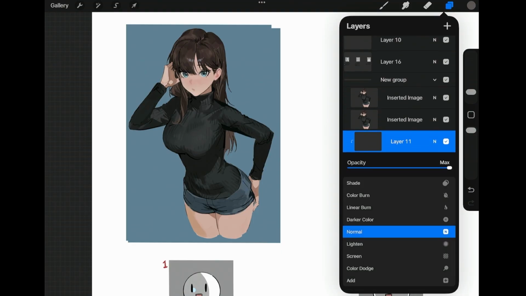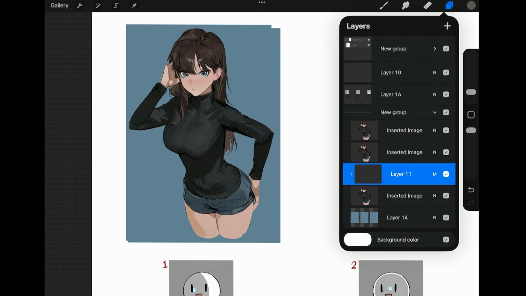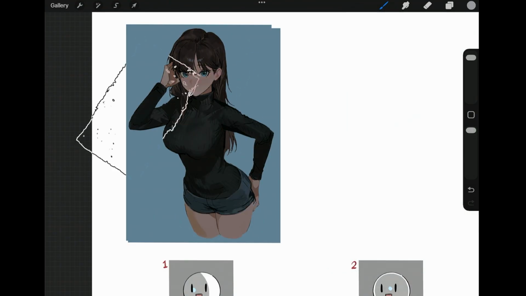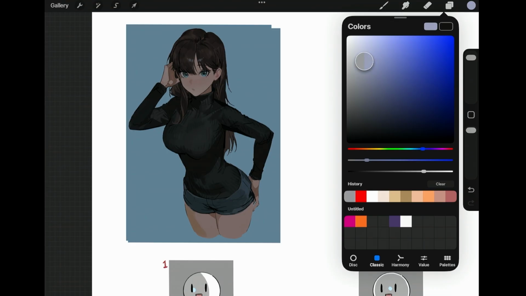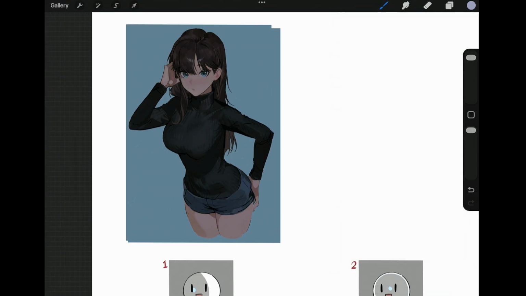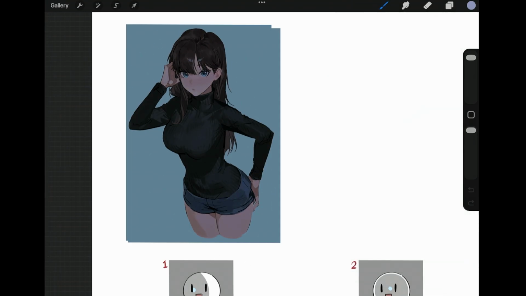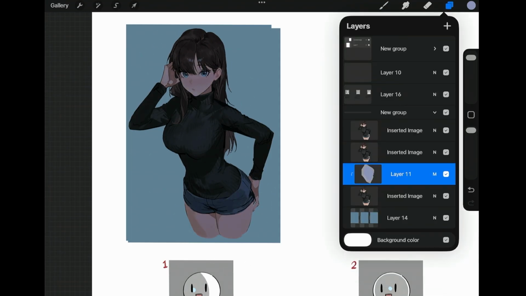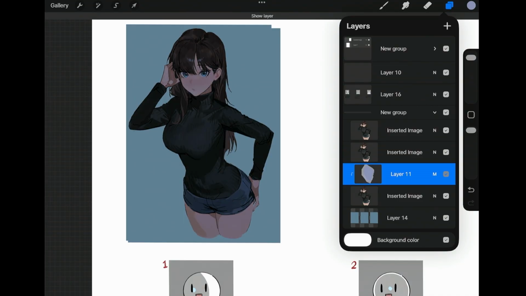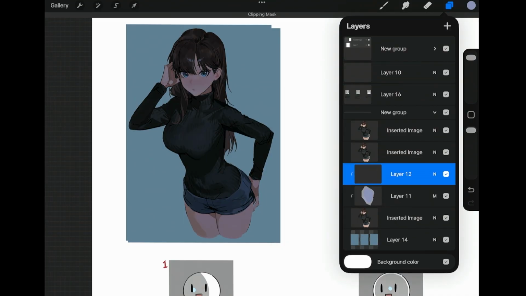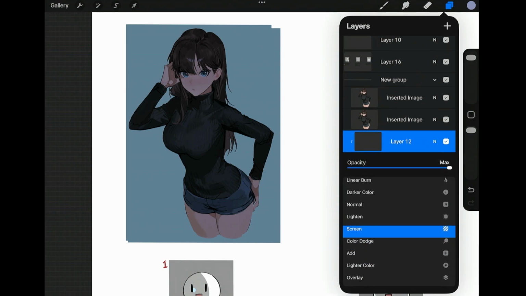So with a lot of things, I first like to go with the multiply layer and just graze the character with a sort of saturated tone, just to make sure that our shadows will end up having some color as well and not everything looks gray in the end. Then I'd add a new layer, set it to clipping, and for this layer I could either